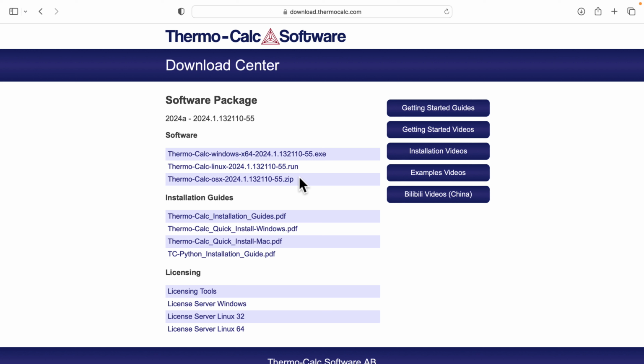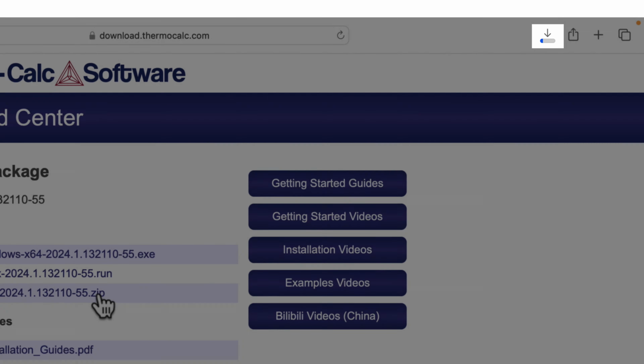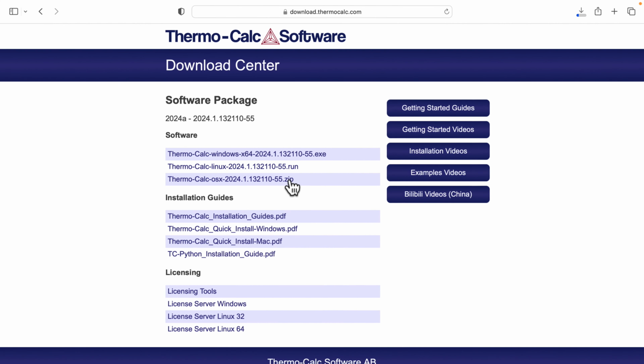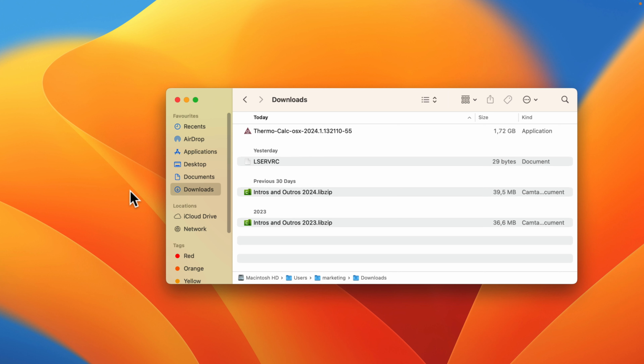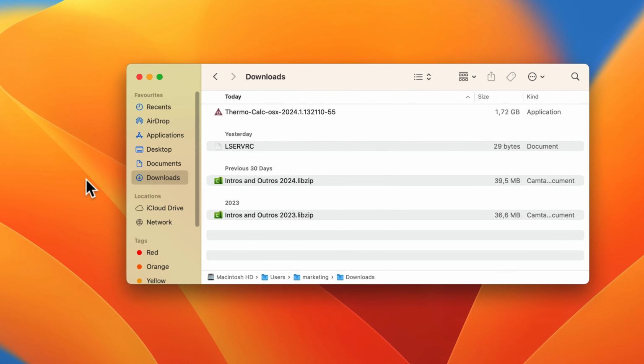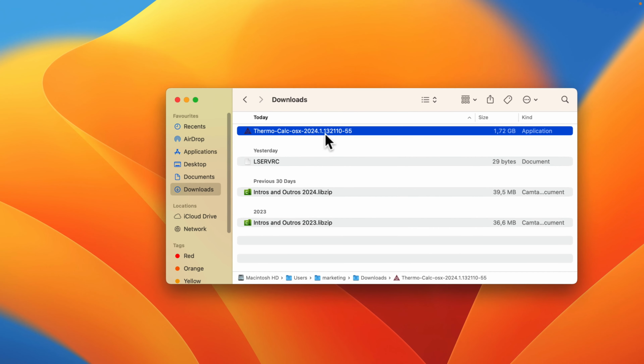To download the software, click on the link that corresponds to your operating system. In this video, I will select Mac. The software will begin downloading immediately. You can pause this video while the software downloads. Once the download is complete, navigate to the folder where your computer saved the downloaded file. Double-click on the file to begin the installation.